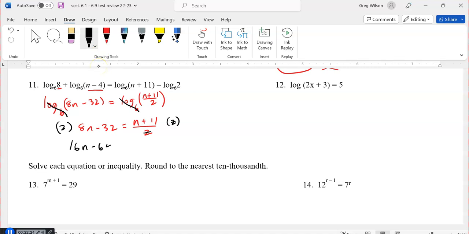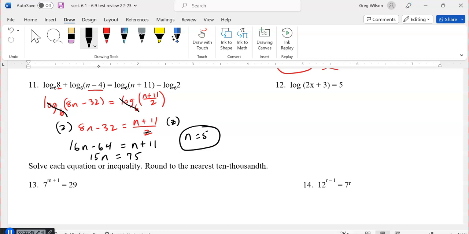16n minus 64 is equal to n plus 11. Subtract n from both sides, add 64 to both sides, divide by 15 on both sides, and you get your answer. Number 12, this is a log equation, log on one side, so to solve this one,